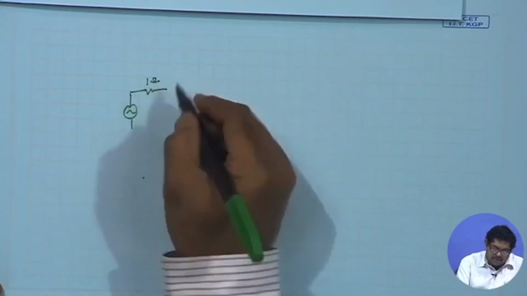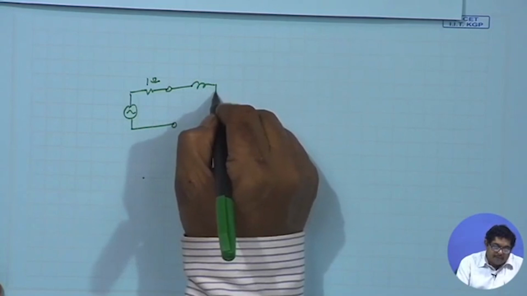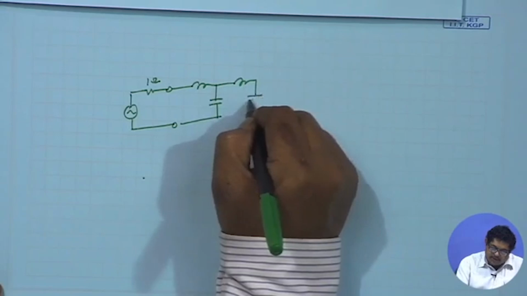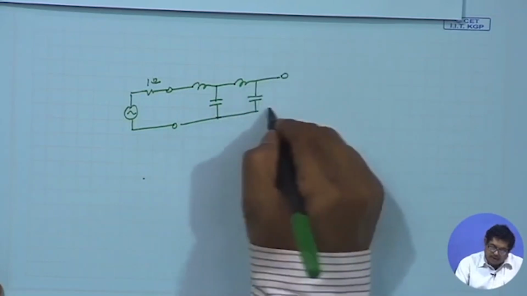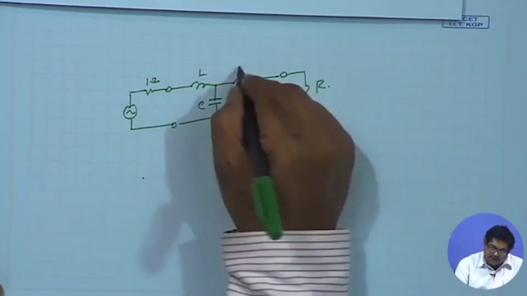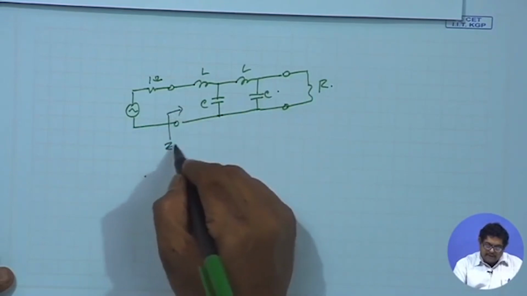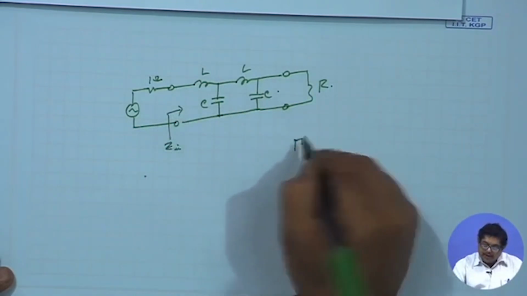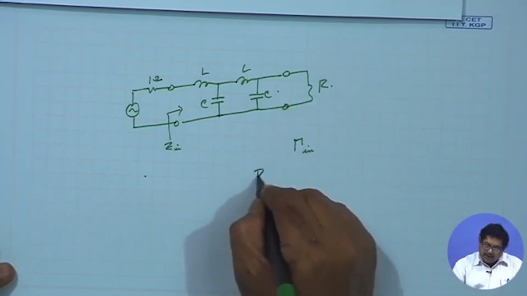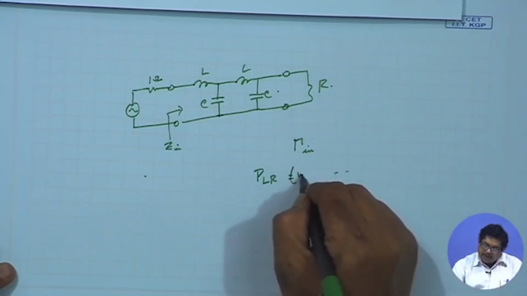This is 1 ohm, then I have another LC, so n is equal to 4. Then on this side again I will have this R. So, this is L, this is C, this is L, this is C. I will find out what is Z in. From Z in I will find out what is gamma in. From gamma in I will find out what is PLR. So, I will have PLR as a function of omega square here,